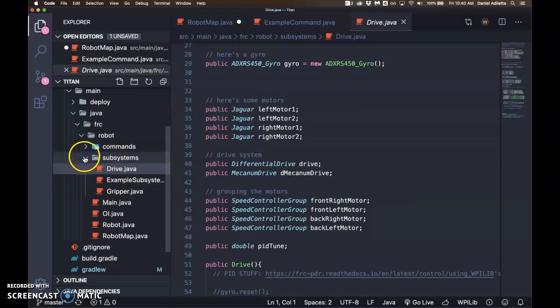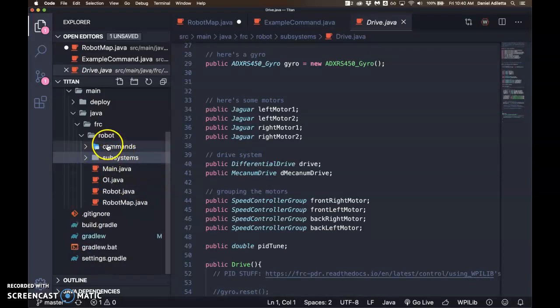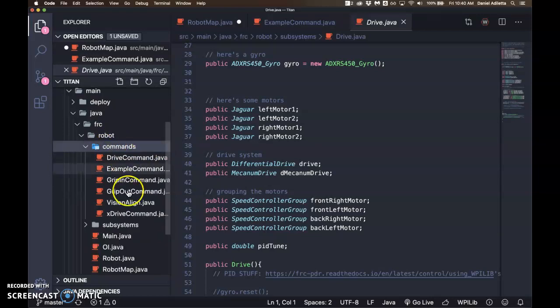And so we will keep our code organized like so. Commands will require a subsystem, and because of this pattern, will automatically cause the interruption of any other command. Once a command starts that requires a subsystem that's already in use, we'll cut out of that. Commands can be